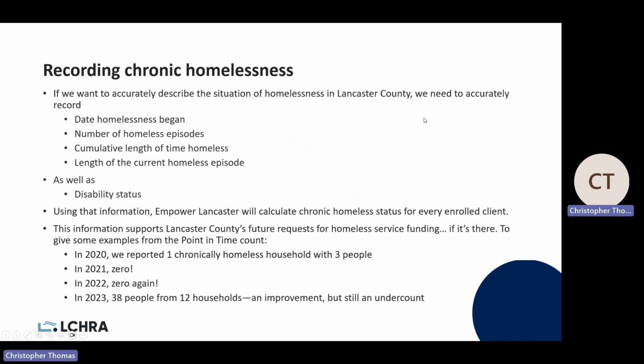So again, the factors we're looking at is how long has this client been homeless? And that can mean unsheltered or sheltered homeless, right? So on the street or living in a shelter project, or cumulative. So if a person's episodically homeless, it's going to look for the number of episodes and the cumulative length. So it's 4 or more episodes over the course of 3 years, totaling 12 or more months, meets that second criteria, plus disability status.